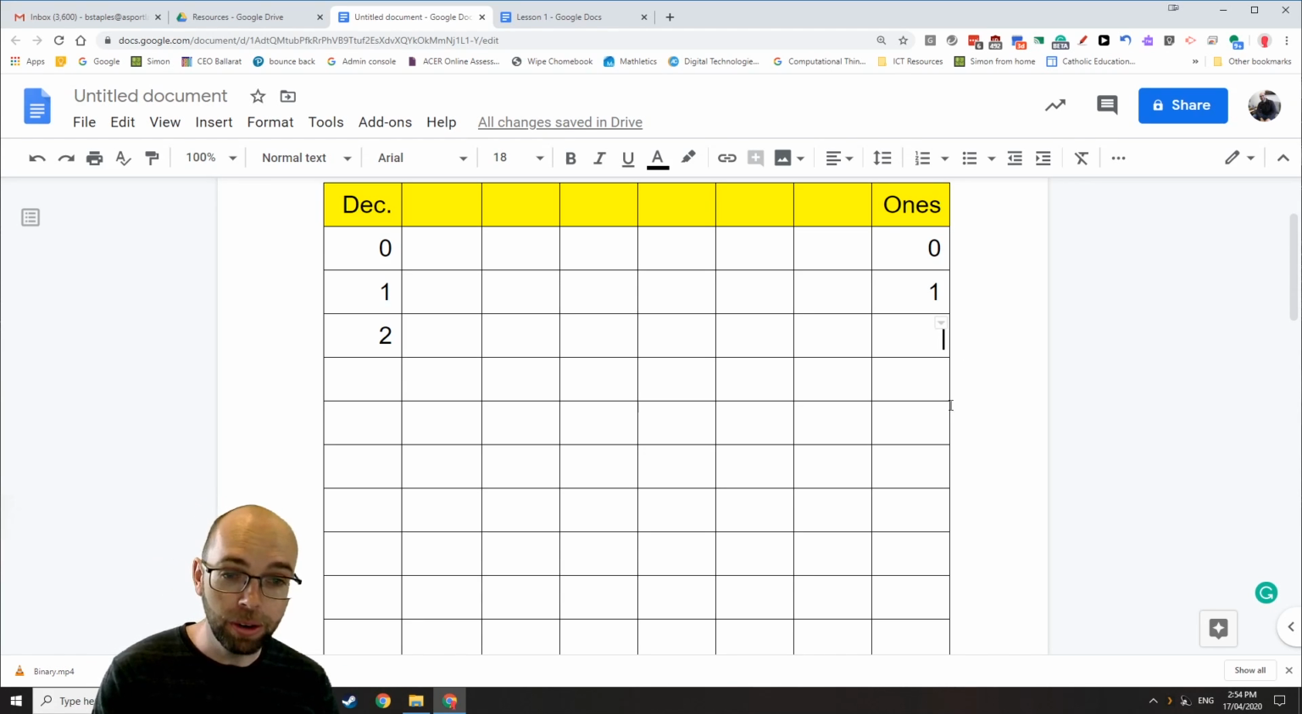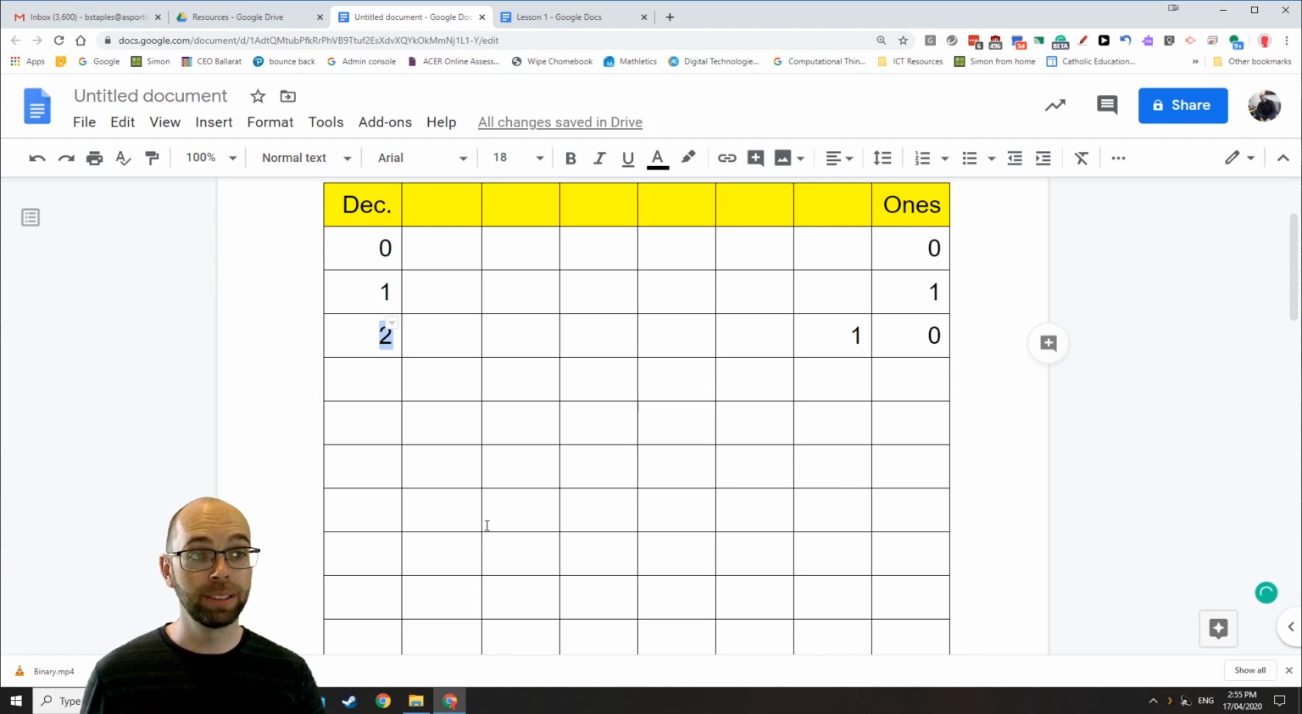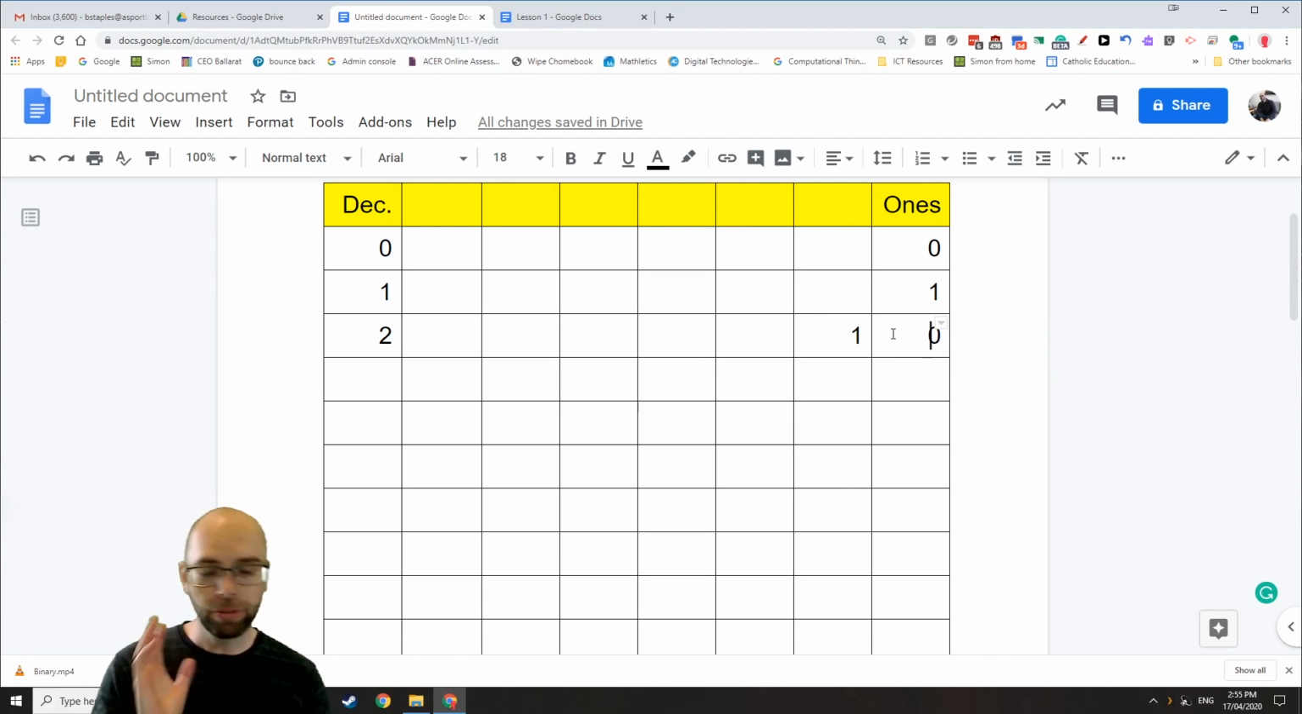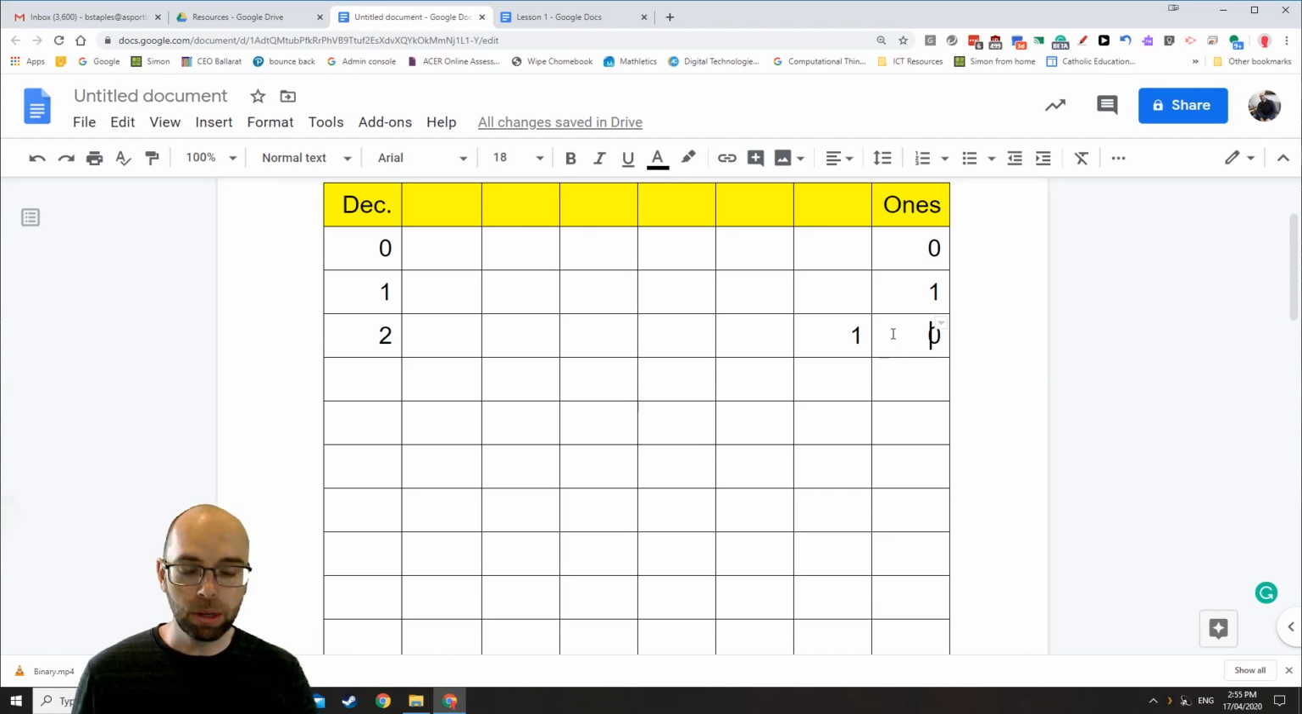So we have to go change this one to a 0 and put 1 in the next column. So this number 1, 0 is actually the same as our number 2. Okay? Now the reason binary can only go from 0 to 1 is actually because when computers were made, they're